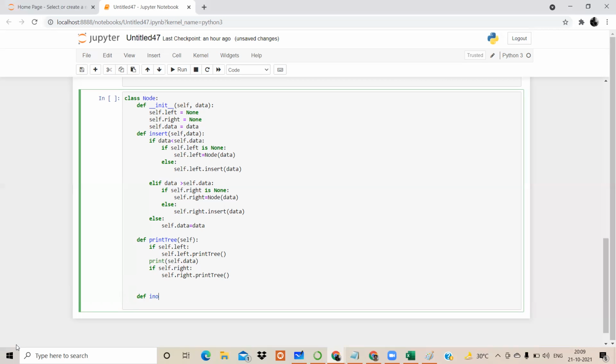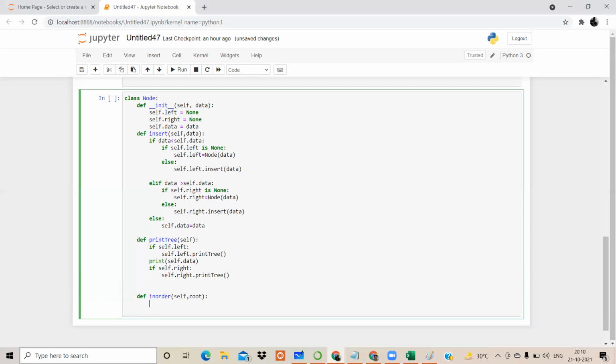In order. So what we are going to write in order, that is self, and obviously the element which is present. So जिसको हम root बोल रहे हैं. As this is a formal parameter, we can write anything. Root इसके लिए लिख रहे हैं because every time whenever we traverse, if there is a subtree, we again consider it as a root. So understanding के लिए root is the simple word to understand. That's why we are writing root over there.